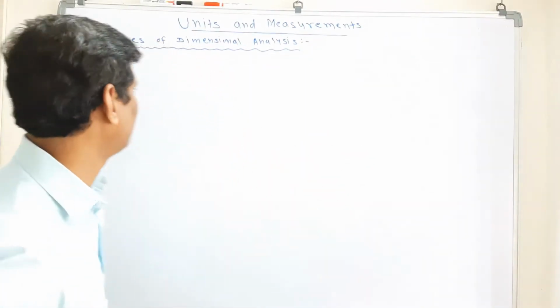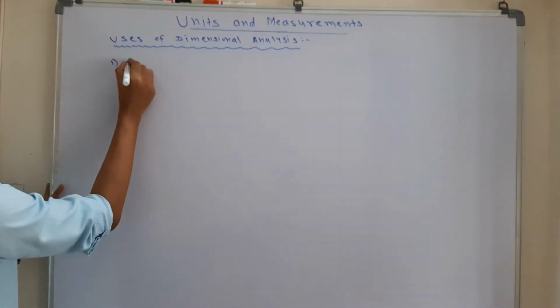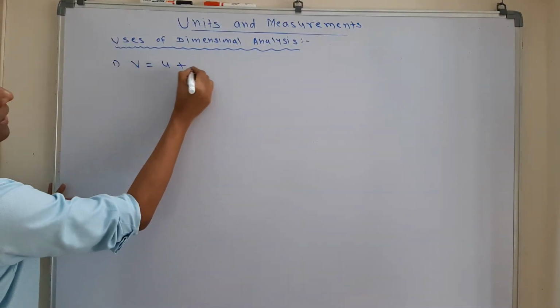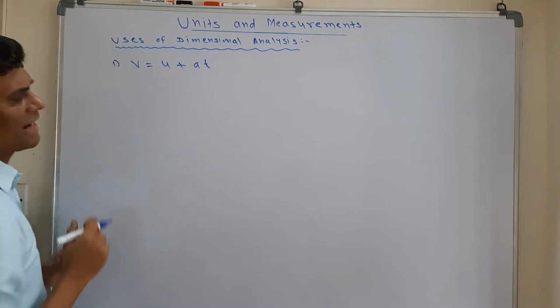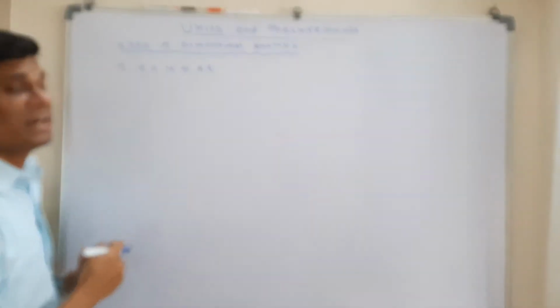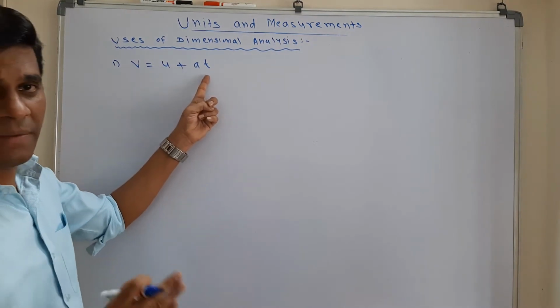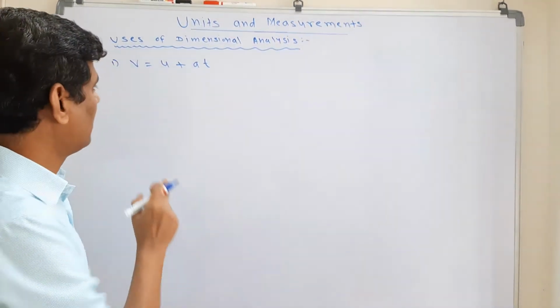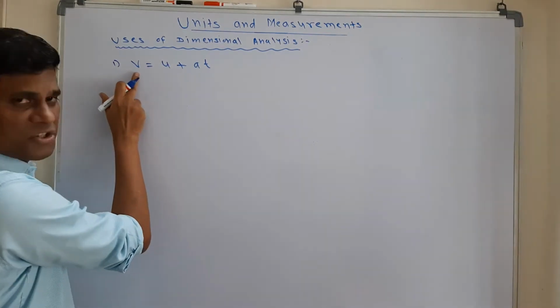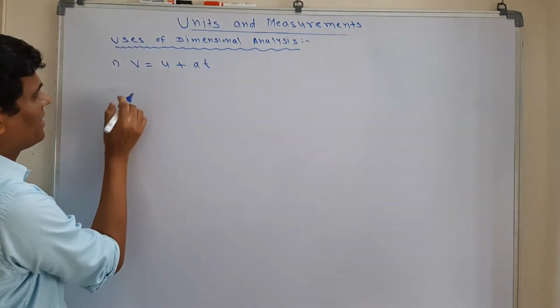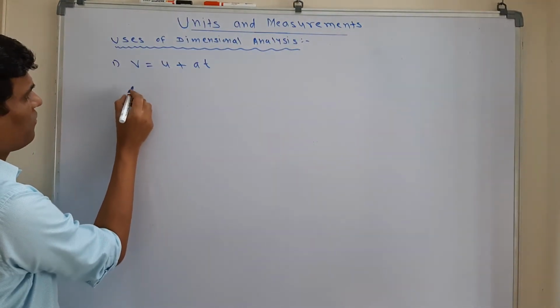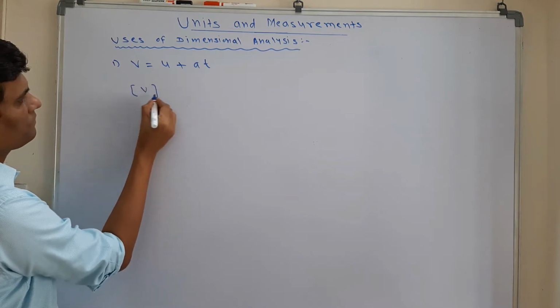See the first example. Say V is equal to U plus at. This is a simple kinematical equation. There are three terms involved: 1, 2, 3. Find the dimension of each term and then we'll check. Dimension of velocity, you can write directly here only. So the dimension of the first term V is equal to